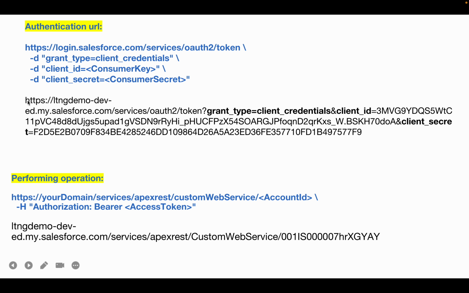I have already created this URL from my Salesforce, where I have provided grant type equal to client credentials, this is my client ID, this is my client secret. For performing operations, we have to put our domain name here, then this is the syntax, and I have created